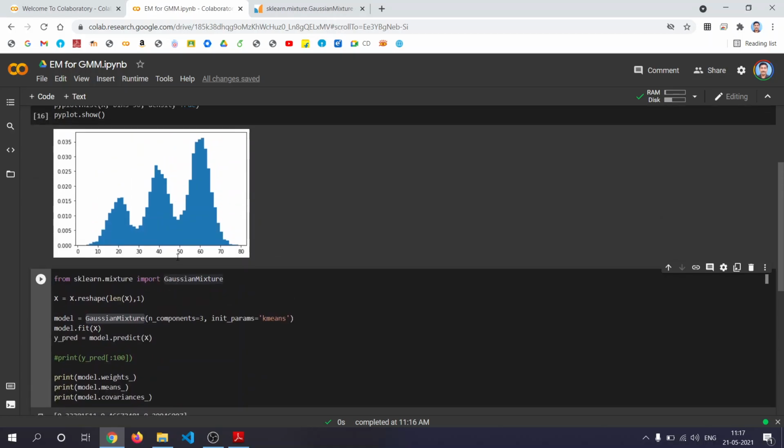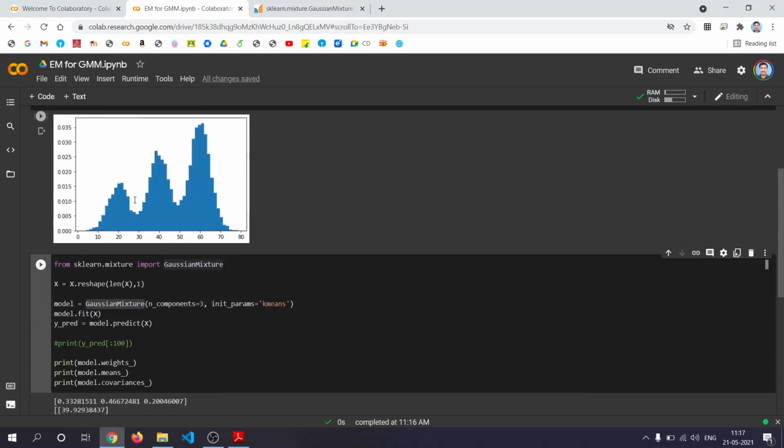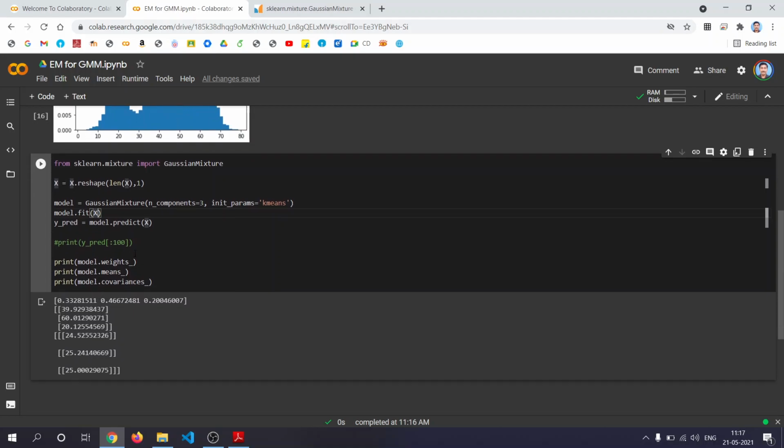We constructed synthetic data randomly using 3 normal distributions, applied the GaussianMixture function from sklearn, and fit the data onto it. Once you fit that, the model will give the weights, means and variances using the EM algorithm.